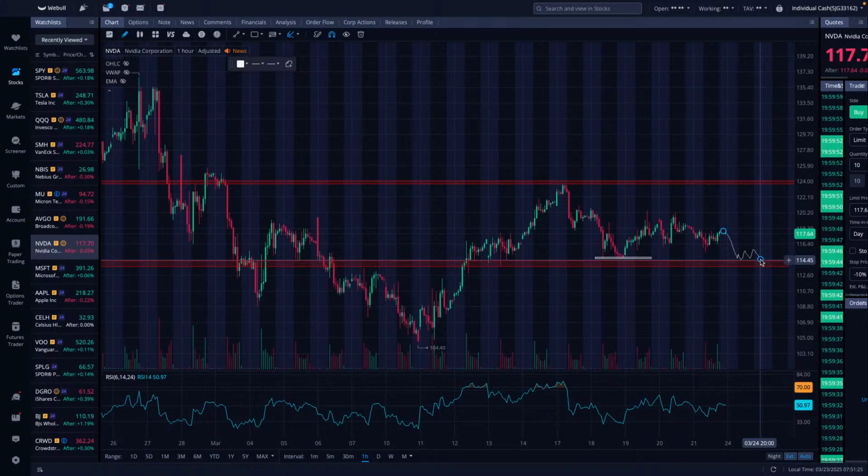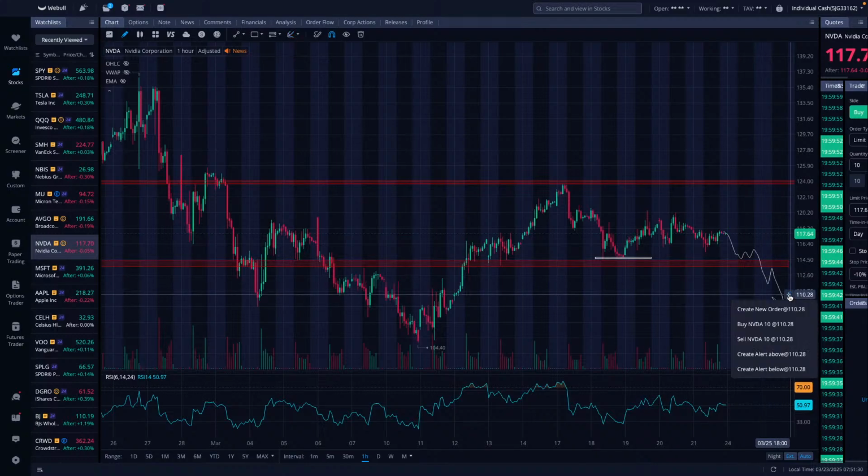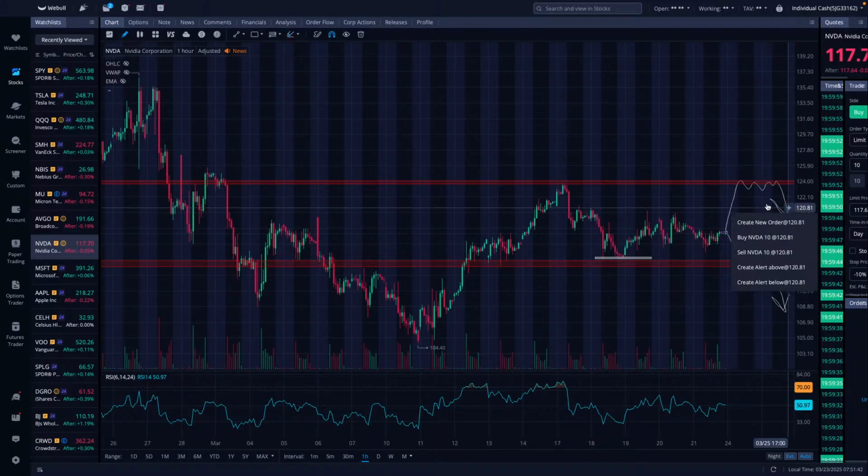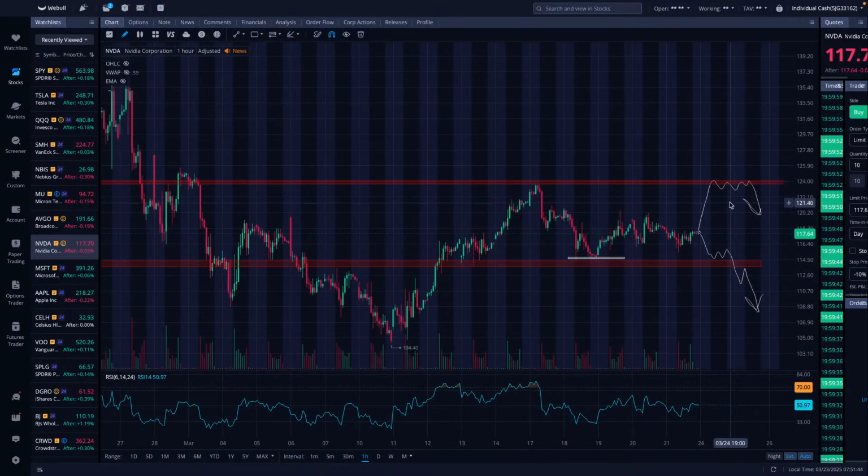It's sitting here. It's either going to consolidate at 114 and then reject, or we're going to get that move back up. So right now, when you're in periods like this, you really want to just let the trade play out, let it come to you. Is it going to run up to 123, 124 again and then reject? That's what we're looking for. So same thing with all of these semiconductors are basically trading within that range. So you just need to be cautious. All right. So NVIDIA, same thing.